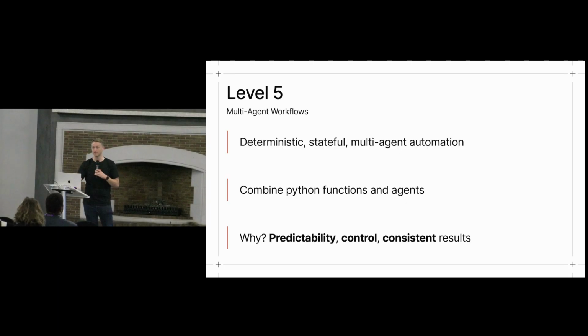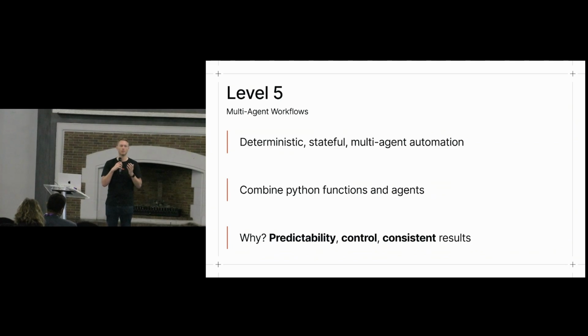All right, the last level, there's 5 levels. Level 5, teams are ultimately still completely agentic. They make decisions on which members to delegate to. If you want to build a sequential workflow of steps that solves a problem in a very specific sequence that you control, a team is just not reliable enough to do that. So that's where a workflow comes in. You effectively build a state machine of steps, and it's a combination of Python functions, agents, and even other teams, and you can solve problems much more reliably. So the reason you do it is for predictability, control, and so that you can get consistent results.